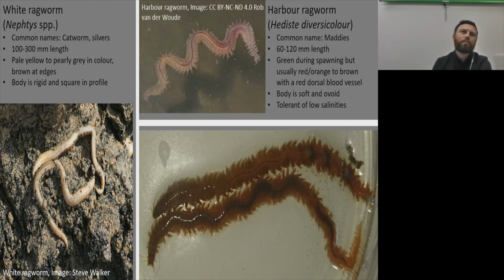Other species you may find are white ragworm and harbour ragworm. Juvenile or young king ragworm and fully grown harbour ragworm are very similar in appearance. I think if I remember correctly, the top one is a harbour and the bottom one is a king ragworm. And I can only tell the difference by looking at their parapodia under a microscope. As adults, their parapodia is much more obvious, but when they're this size, it's